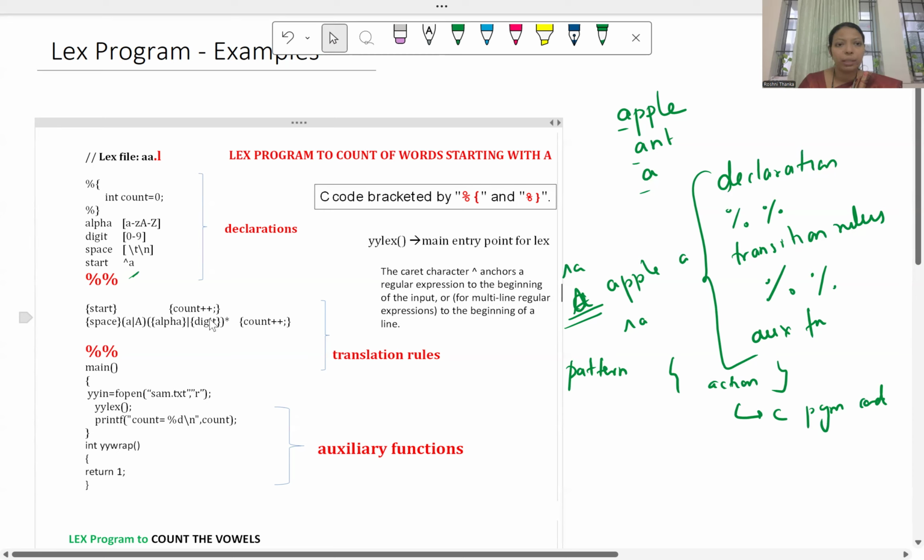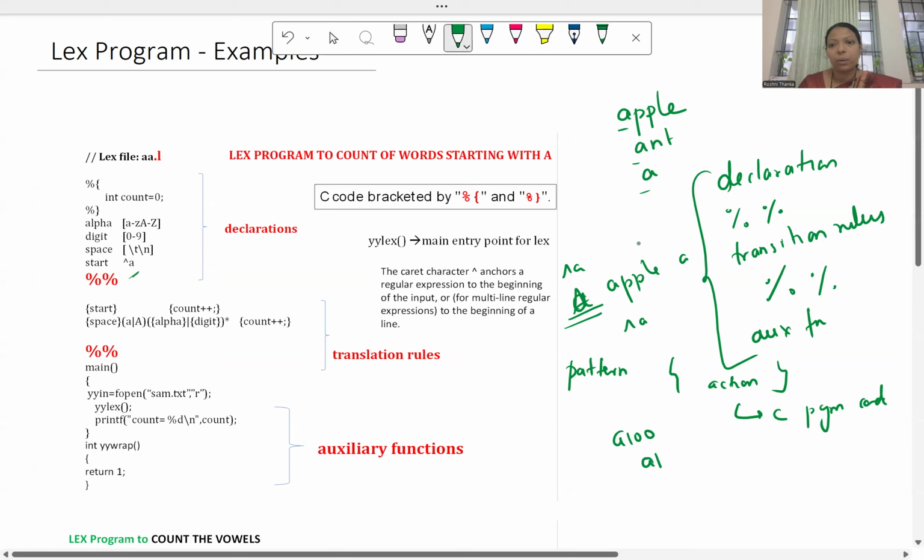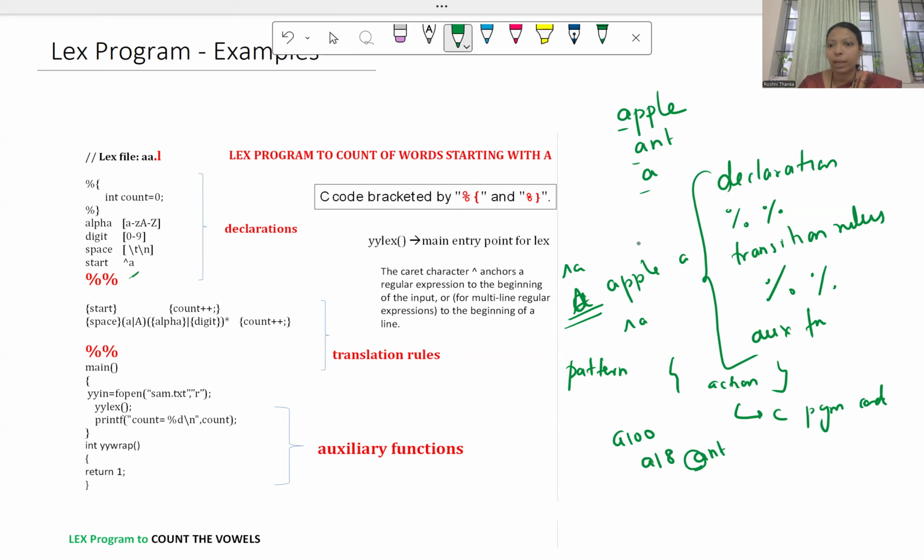So I say alphabet followed by a digit also can be there. So alphabet, after A, you can have anything. That's what here. So after A, I can put 100 also. After A, I can put 18 also. I can put and also. So A should be there or capital A should be there. After that, you can have